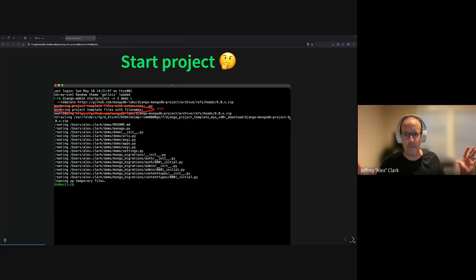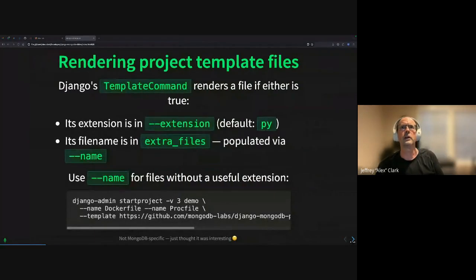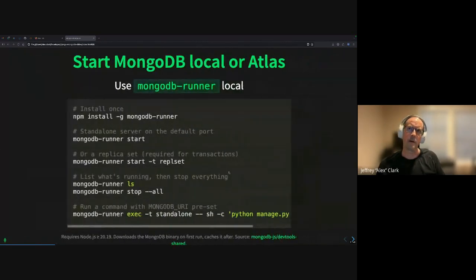I may have known this, or I may have forgotten it, but as it turns out, when you create a template for Django's startproject, it knows which files it should do string interpolation on and replace things. And for most files, especially if they have a file extension, sometimes they don't. So that's what that output is about. I felt better just looking that up. It's not MongoDB specific. It's just something that I thought was interesting, and it came up during